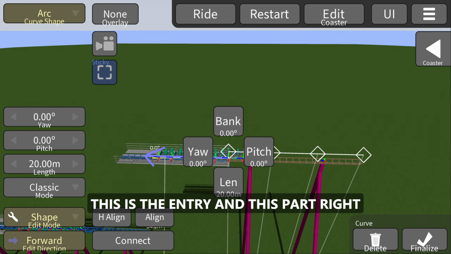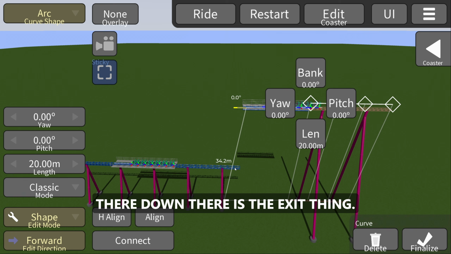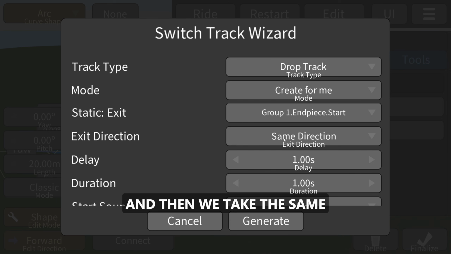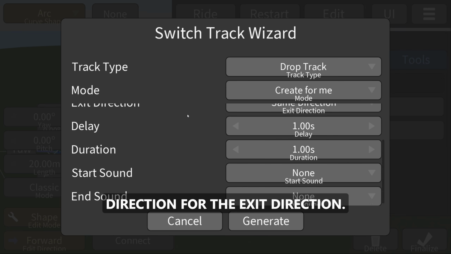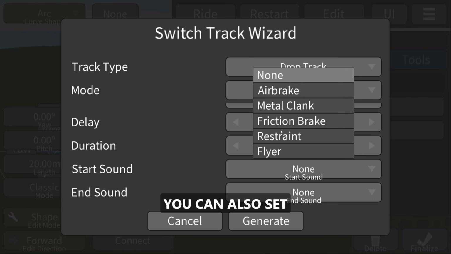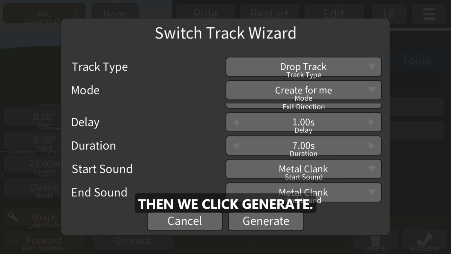This is the entry, and this part right there, down there, is the exit thing. And then we take the same direction for the exit direction. We adjust the duration a little bit, and you can also set sounds there if you want. Then we click generate,